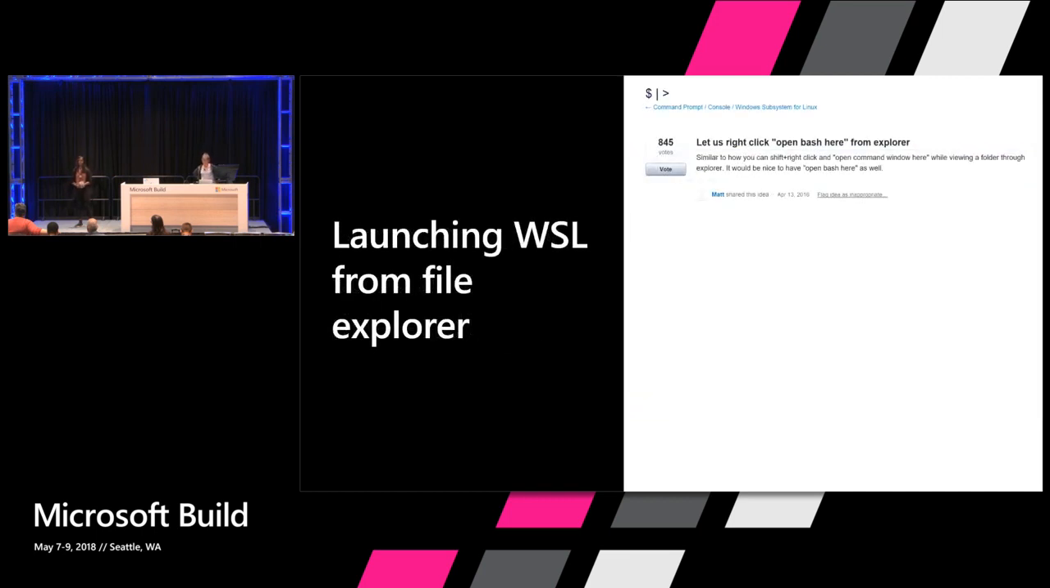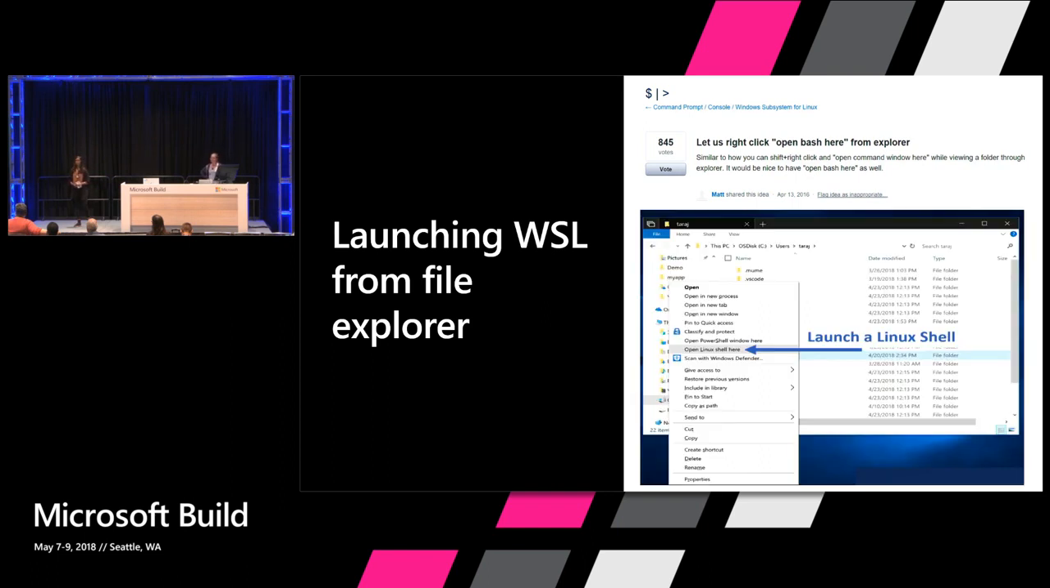The next of which is launching WSL from the File Explorer. This was one of our top asks from you guys on User Voice, to basically be able to right-click a file in File Explorer and open Bash from here. And so I'm excited to say that in the next Insiders build, we're rolling out exactly that, where you can go into File Explorer,